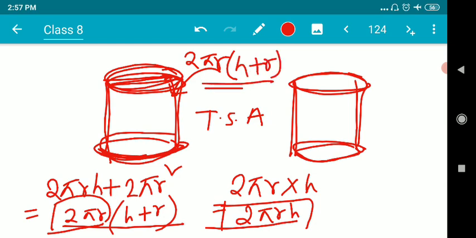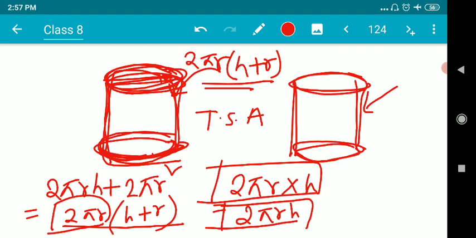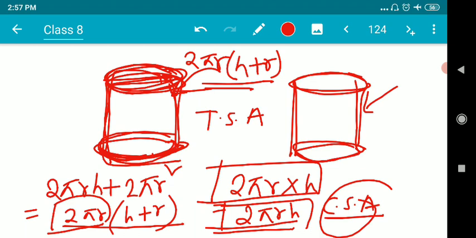If you calculate this, we are supposed to get the total surface area of a closed cylinder where the ends are closed by the cover. But when we are talking about only a pipe shaped cylinder, kind of cistern, in that case the formula for surface area will be 2 pi r h, which is called curved surface area, CSA. And this one, 2 pi r in bracket h plus r, will be treated as total surface area, including the circular ends. So I believe my explanation is clear. This is how we need to solve such kind of questions.